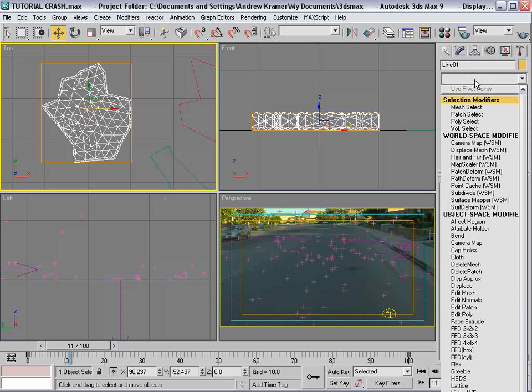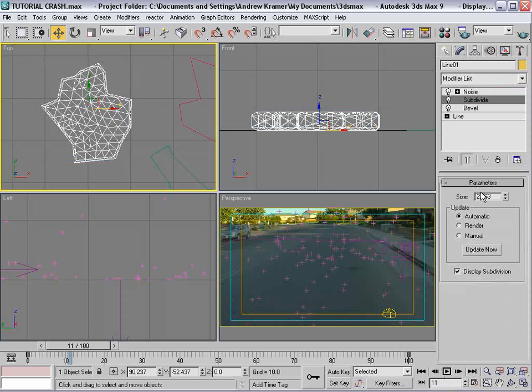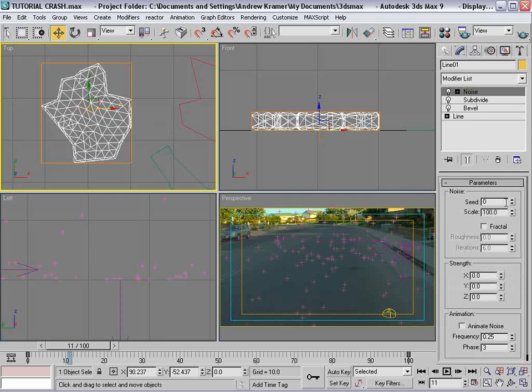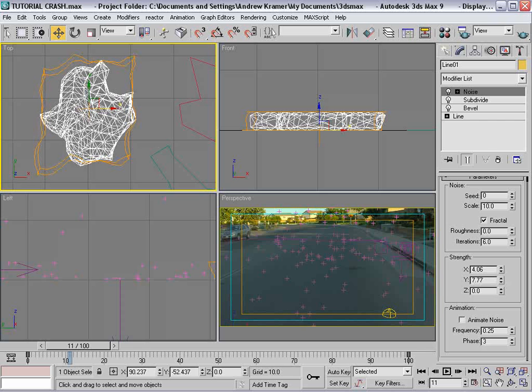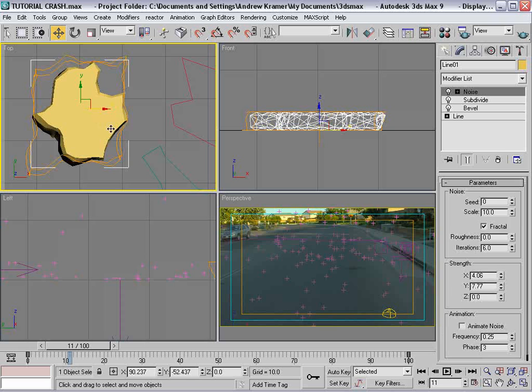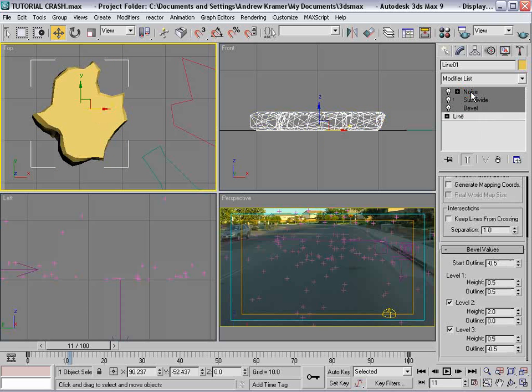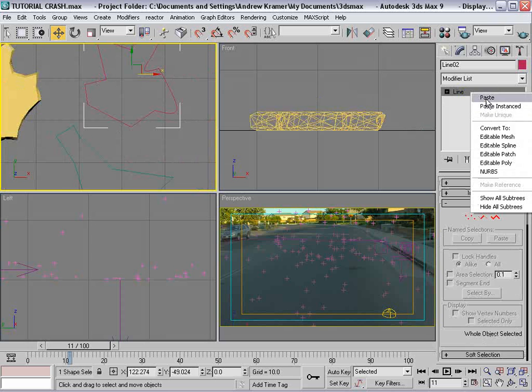So it may not be on the screen, but just scroll down till you see it. And the subdivide, that looks good. And for the noise, set the scale to like 10 and turn it on to fractal. And for the X and Y, you can turn that up, and then you kind of create a wild looking piece. And then we could copy all of that, hold down Shift, copy, select these other pieces and paste,